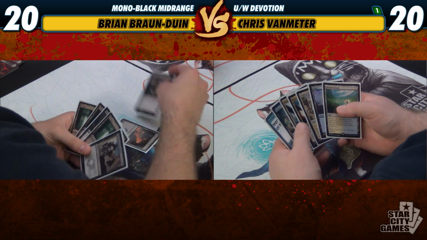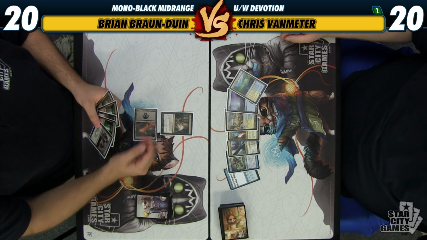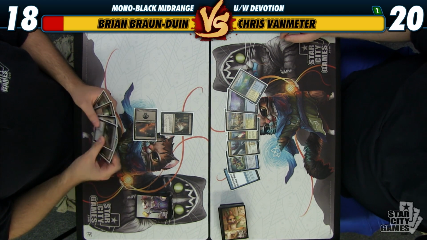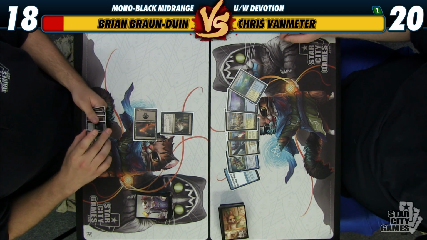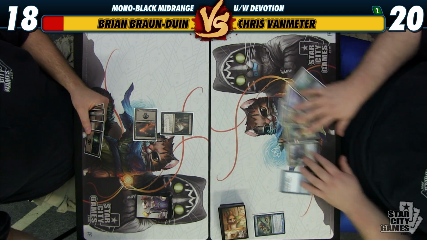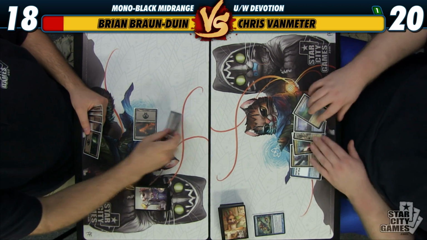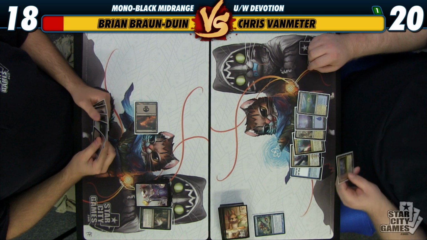Alright, I'm just going to start with the Thoughtseize. Oh, darn it. And I'm pretty sure that Thassa is just a giant problem for the way our hand looks, so I'm going to take your Thassa. Perfect. Go ahead. Sure you don't want to take like this Mana Confluence instead? Alright, so we draw